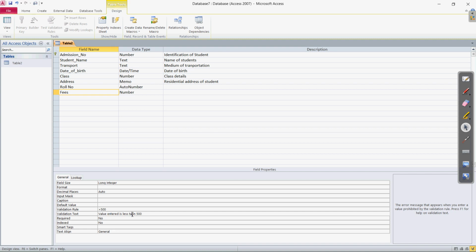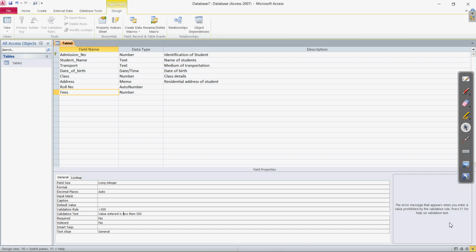Value entered is less than, let us make the spelling correct, less than 500. Okay, so this is the validation rule, that whatever value is entered in the fees should be greater than 500, and in the validation text we make a text that will appear when there is any error.